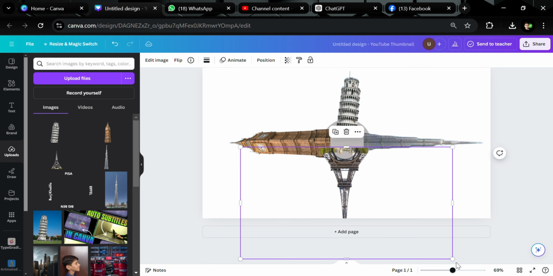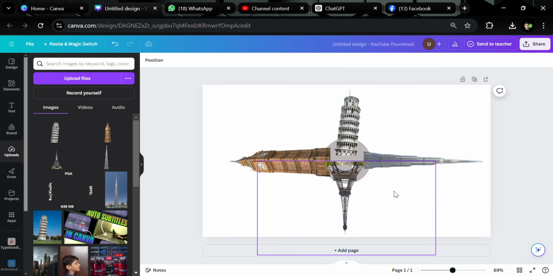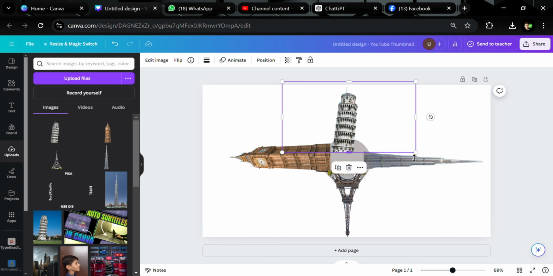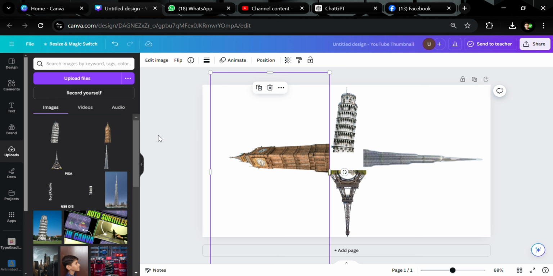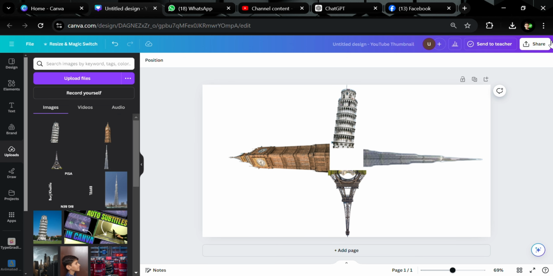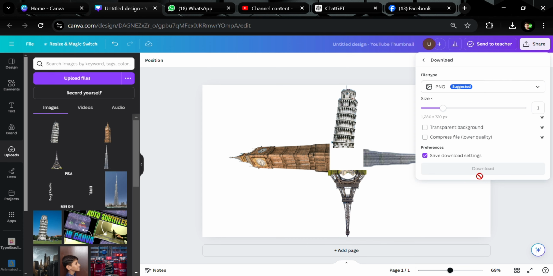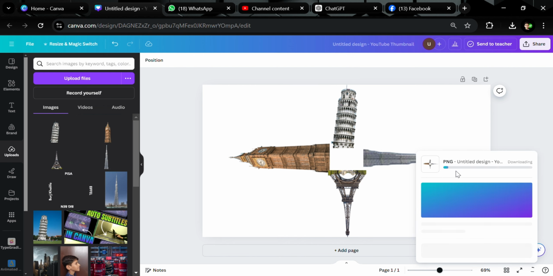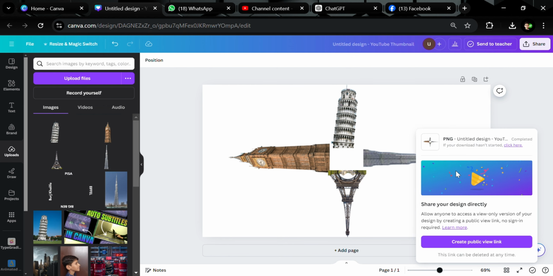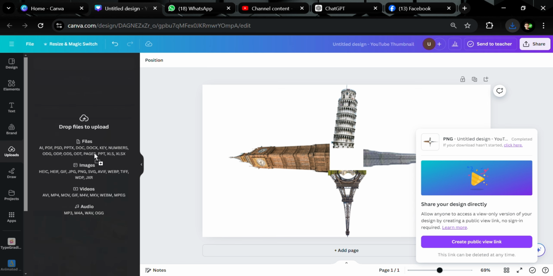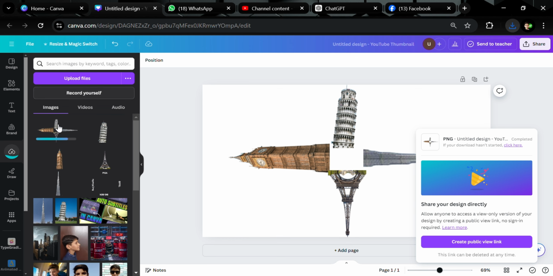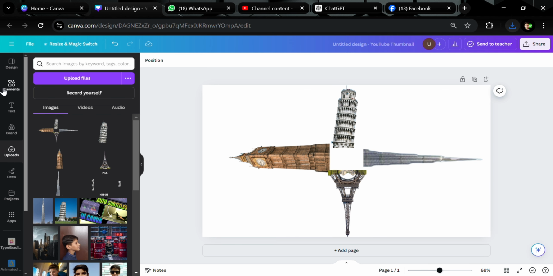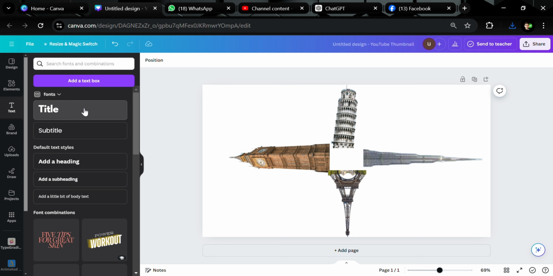Adjust this. I am adjusting. Okay, so now I have completed adjusting. Now download this and remove the circle and do a transparent background, and now download. Okay, so after downloading, add your image here and now go on the text, choose the text and add here